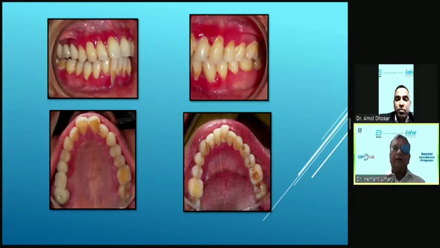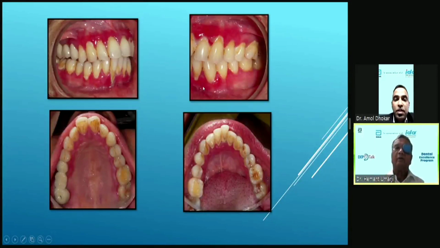Now, if you look at this patient, the teeth look good. There is not much calculus except gingival recession here. Materia alba is there in these areas. But what is noticeable is the redness. This is called desquamative gingivitis.